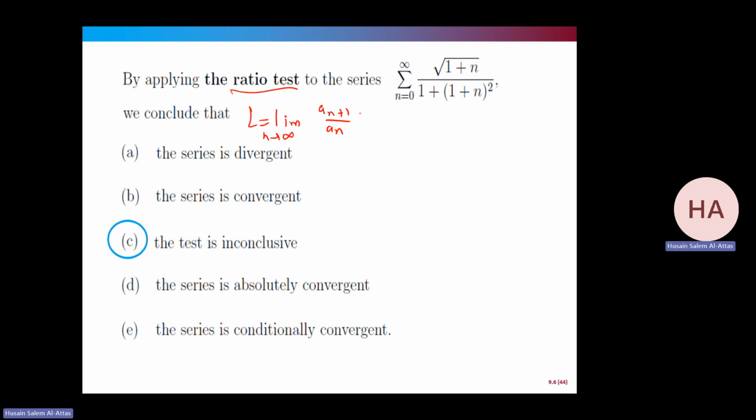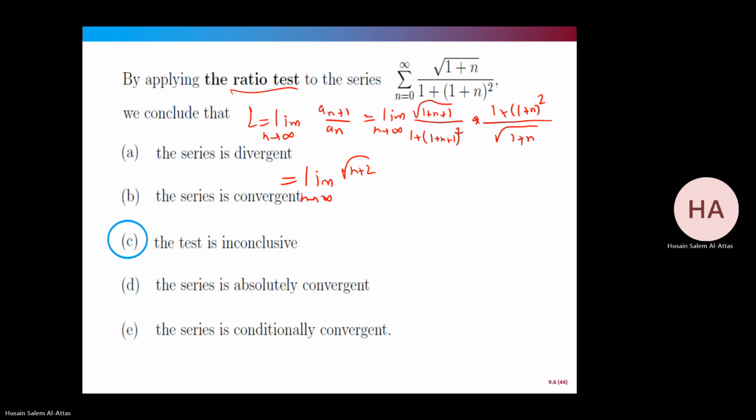Absolute value, everything is positive, so I need to be careful with the absolute value. That will be square root of 1 plus n plus 1 over 1 plus n plus 1, all squared. Taking the reciprocal, 1 plus n squared over square root of 1 plus n. So this limit, as n goes to infinity, is the square root of n plus 2 over the square root of n plus 1,